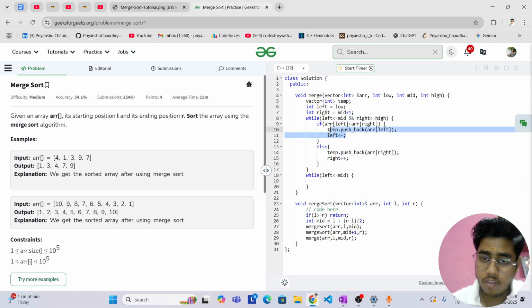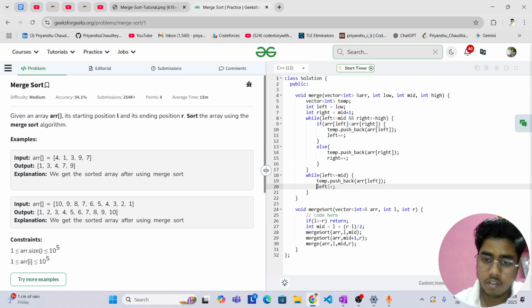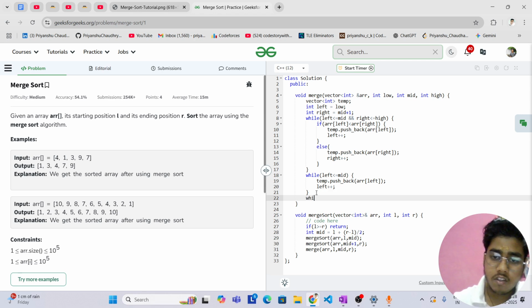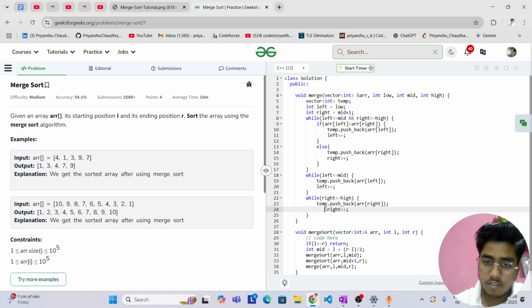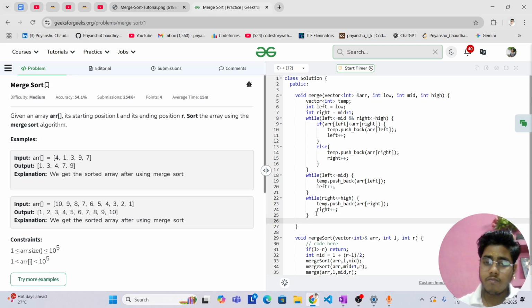So we will do the same thing here, we will just push back all the left elements. And similarly with the second array, when right is still less than equal to high, so we will push these elements. So this way we can see that elements will be transferred to temporary vector.